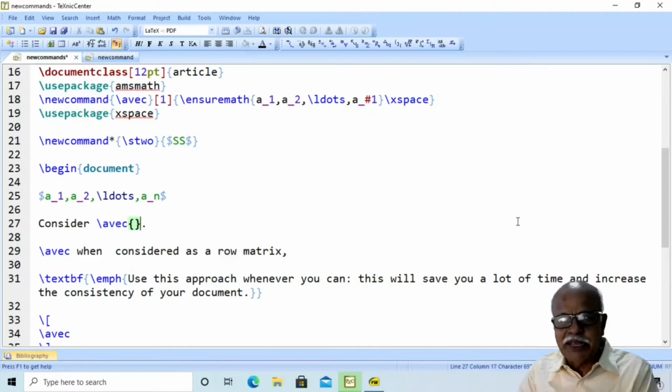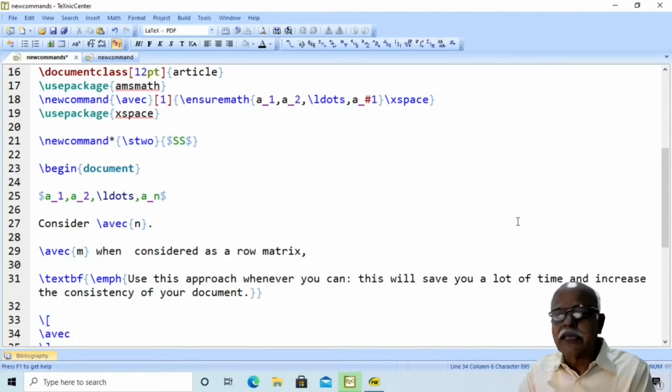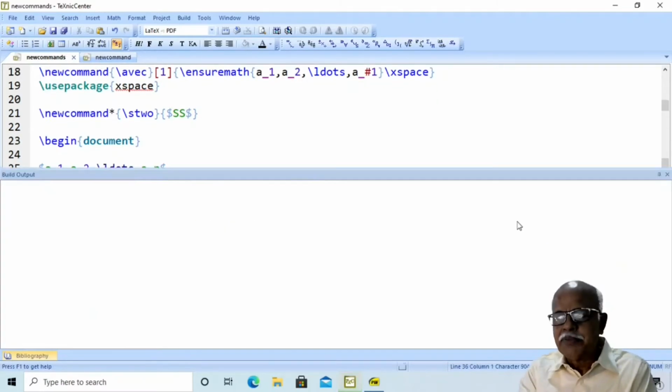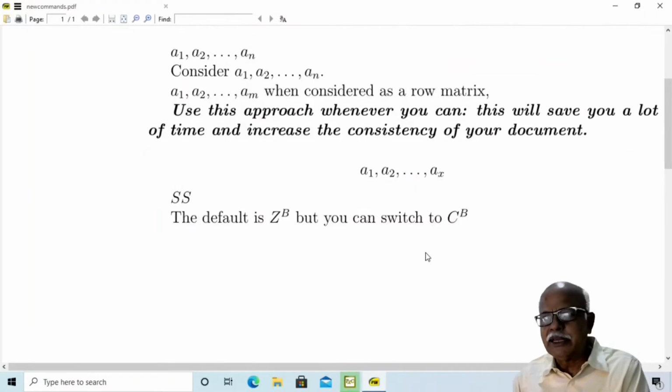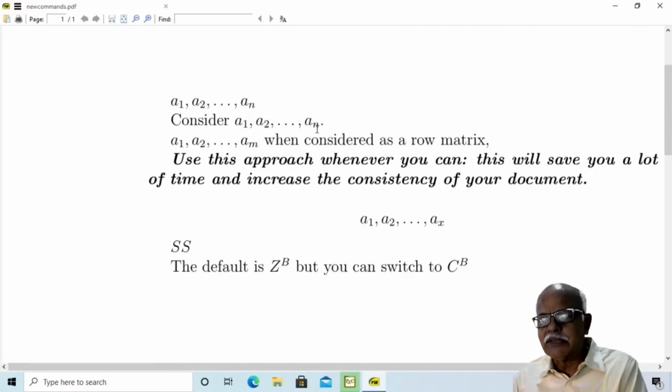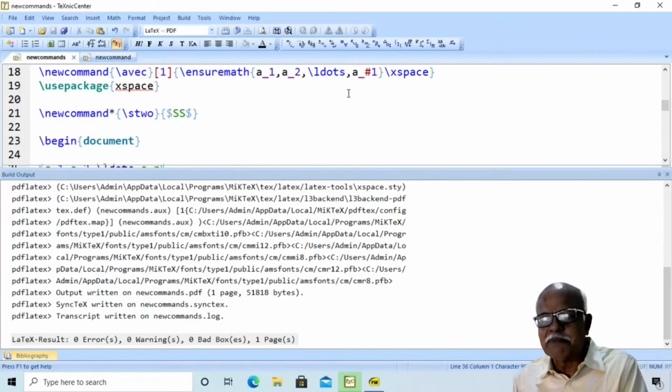Wherever we have \avec, you can say \avec{n}, and here \avec{m}, and here \avec{x}. Then you will find in the output, in the first case you get an, in the second case am, in the third case ax, because the optional parameter varies.